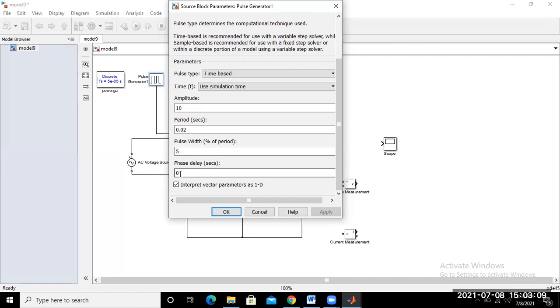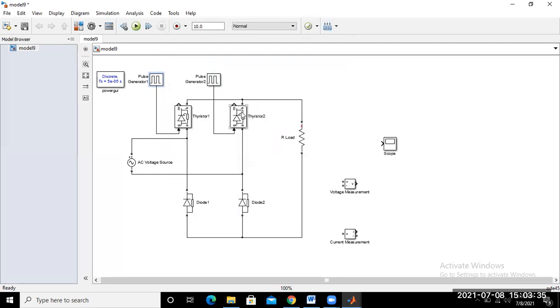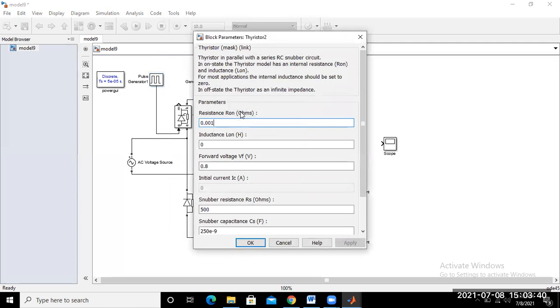Divided by 360. So 0.083 into 0.02. Okay. Now just apply here and okay. What is the pulse difference here? This one,